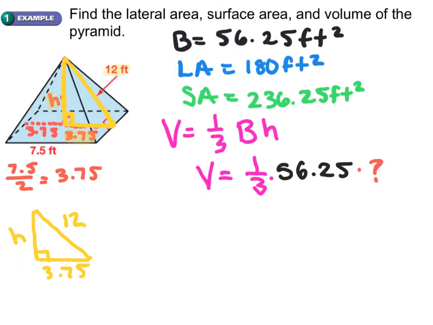If I use the Pythagorean theorem, I have h squared plus 3.75 squared equals 12 squared. When I solve, 12 squared minus 3.75 squared gives me